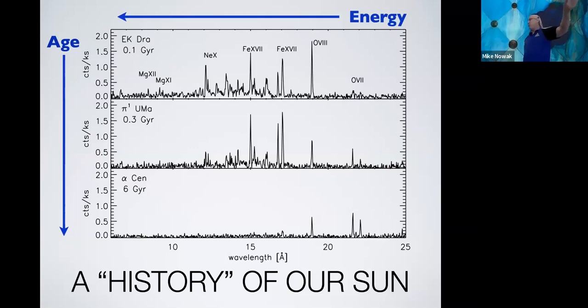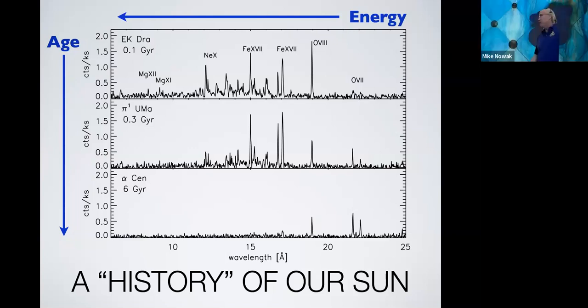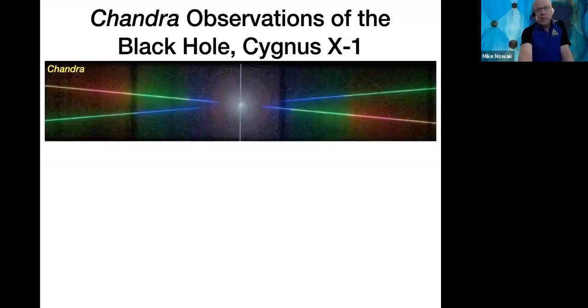We can't go back and look at our solar system and understand its early history, but we can look at other stars like our sun and understand the history of things that were happening. So yeah, the question is, if we put our sun back 4 billion years, would it look like the top? Yes, it should. As far as we understand, it should look very much the same. We expected our sun to be much more active in the X-rays and have more solar flares in its early life. So now we're going to look at a black hole in the X-rays.